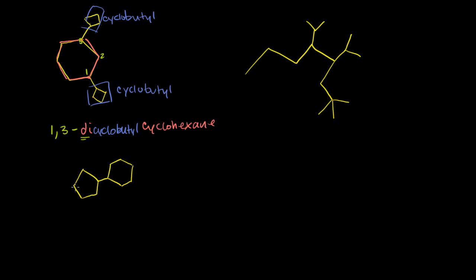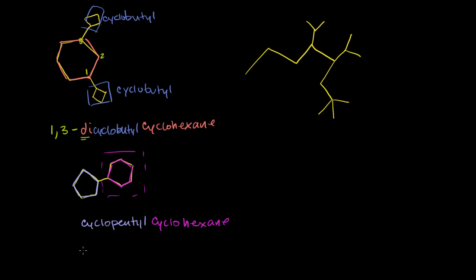So I have a 5 carbon ring, 1, 2, 3, 4, 5 right there. And then I have a, let's see, 1, 2, 3, 4, 5, 6 carbon ring right there. So this is going to be the main ring. That is a cyclohexane. Cyclohexane has 6 carbons in a cycle, all single bonds. And attached to that, I have a cyclopentyl group. YL for the group. So this is a cyclopentyl